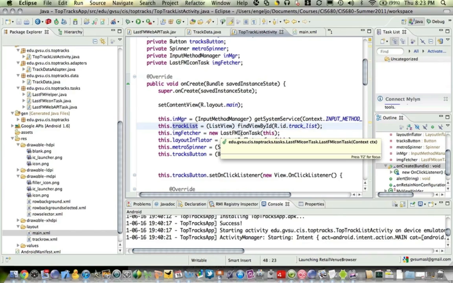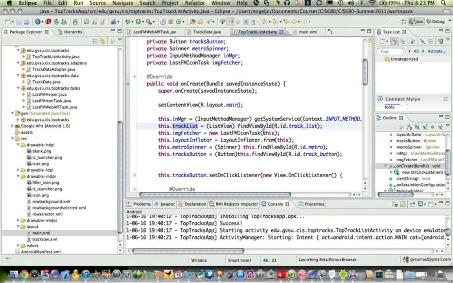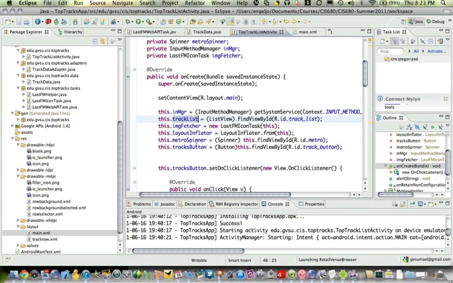So I just have an in-memory hash map where I'm actually keeping track of these. Obviously, that wouldn't be a good solution since there could be a lot of data in memory, and then secondly, once I exit my application, I still have to refetch everything again. But it's good enough for an example, just to show you how these pieces work. And we'll look at the icon task here in a moment, but before we do that, let's finish the